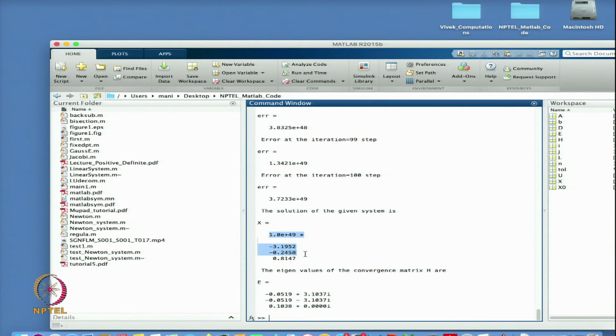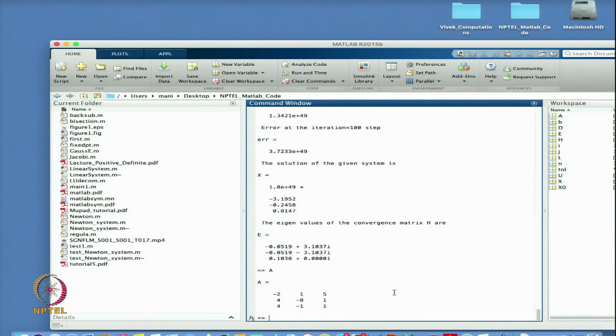Why is it happening? Because of the matrix I have defined. So this is my matrix A. I told you that this matrix is not diagonally dominant. If the matrix is not diagonally dominant, it may or may not converge; it depends. So in this case I can say that my Gauss-Jacobi method is not converging, and these are the eigenvalues I am getting. The magnitude is quite high here.